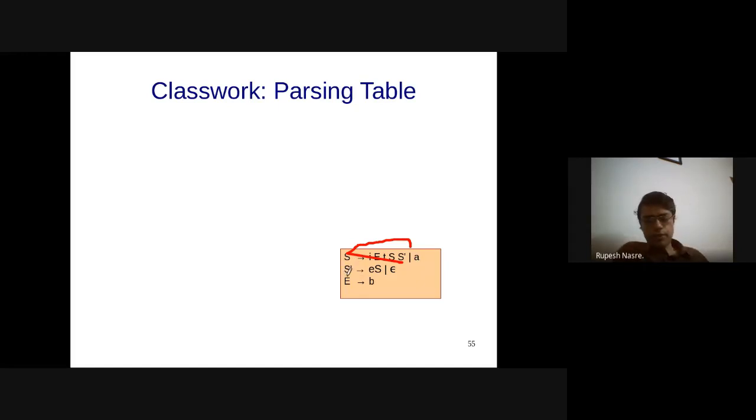And then for S prime, the argument that Arnav has given is that S can pump the same string again and again, and therefore it will have IET followed by IETS prime followed by this first S prime, and therefore first S prime gets followed by S prime, so the first of S prime should also be in the follow of S prime. How do we do that with whatever we have seen so far?